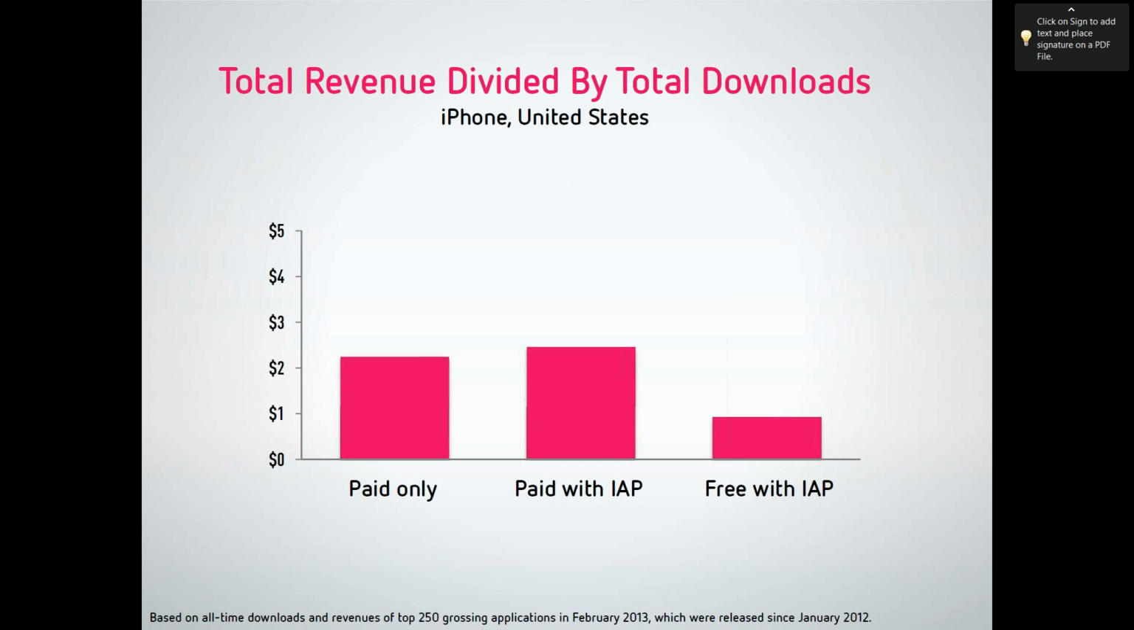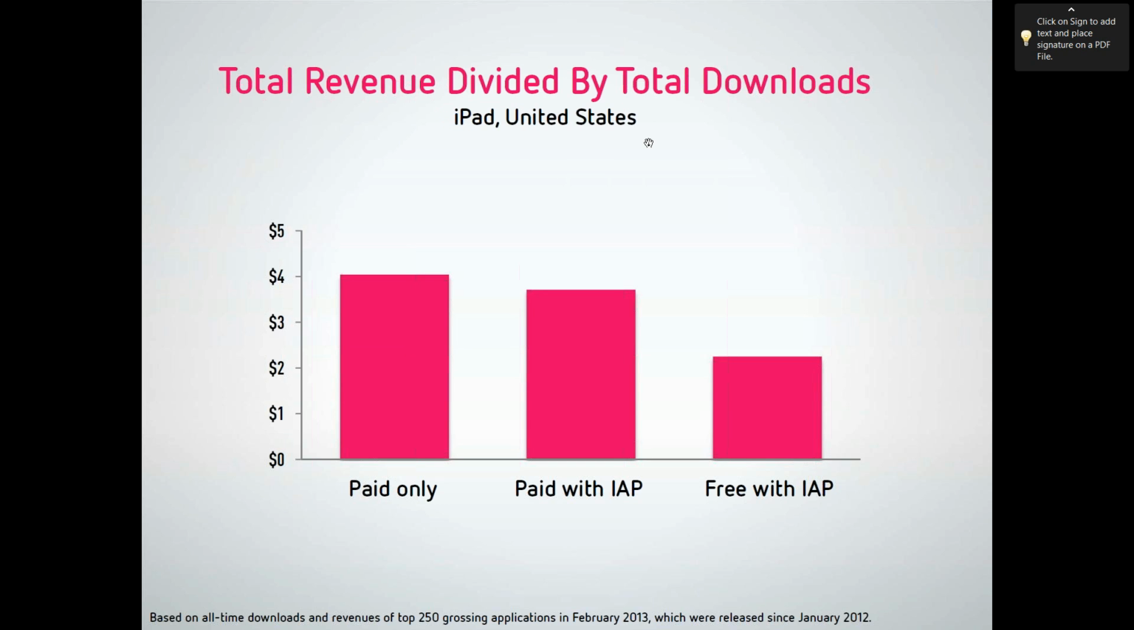Well, we can also compare this with iPad, and we see that it's much higher. The prices for iPad applications are usually higher. So this is what we see for the paid applications. Paid applications have an average revenue per downloaded application of about $4. So this was $2.25 on iPhone. And for paid applications with in-app purchases, it's $3.72, which is also much higher than it was on iPhone,